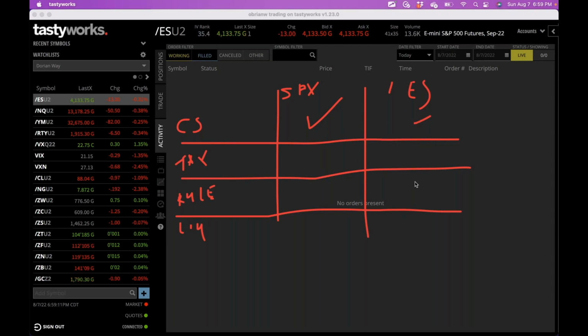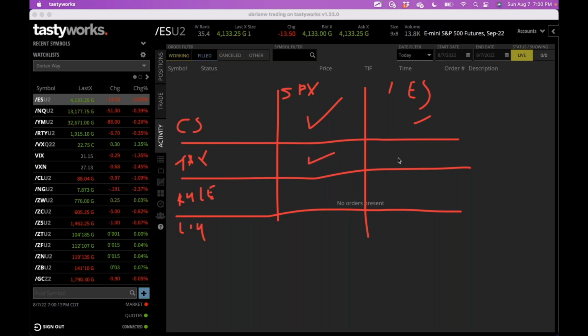The next one here is tax benefit. So the SPX provides a tax benefit through what are called 1256 contracts. It's a tax treatment that allows short-term trades to be taxed at a 60% long-term rate and a 40% short-term rate, which is your ordinary tax rate. The long-term rate is the capital gains rate, which is right now 20% for the highest tax bracket. So you qualify for a tax break if you're trading with the SPX.